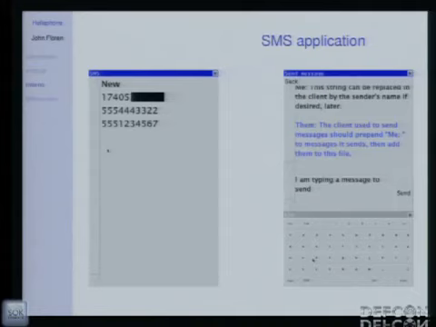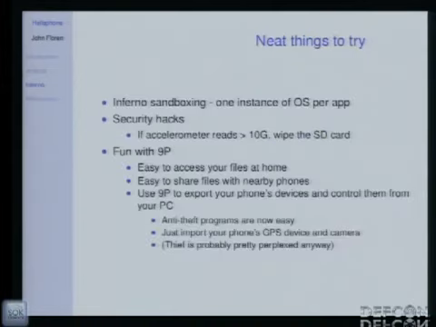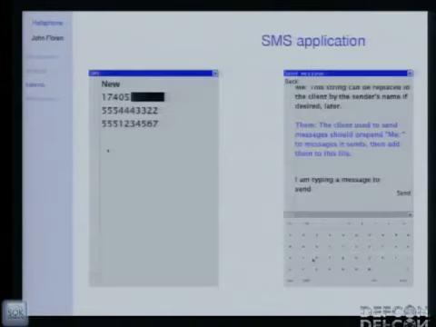And this SMS application, it's really quite easy to write because all it has to do is just write strings into the /phone/SMS file, and it just takes care of the rest. Oh, and you can see, we started looking at some ideas on how to make applications in Inferno more phone-friendly. So we have these nice big scroll bars on the side for your fat fingers, and the text is bigger, and slightly bigger buttons and things like that. So it's actually not that hard to write a phone-friendly application in Inferno.